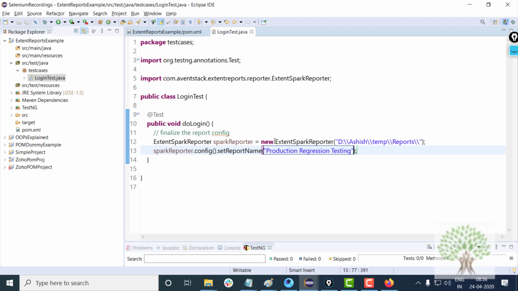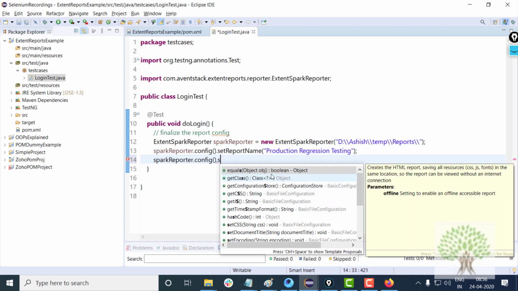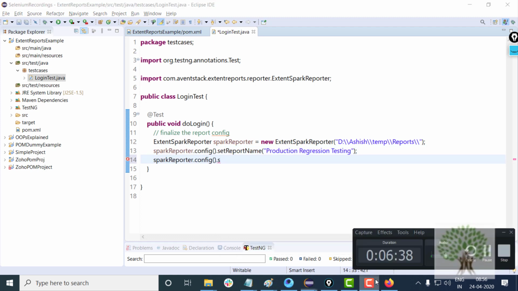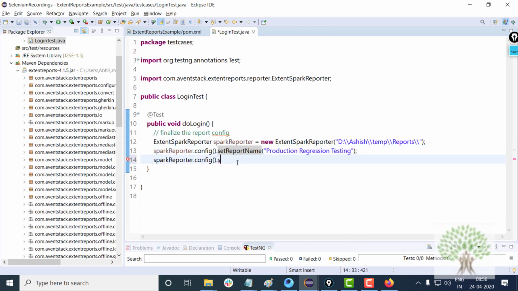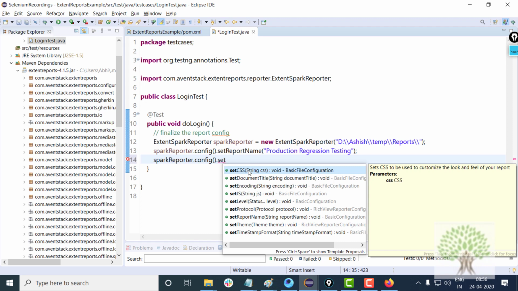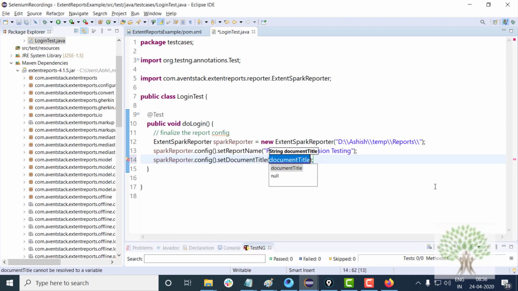Production regression testing. Then you can add different other configurations as well, that is, dot, sorry, dot set the title of the reports. Say automation reports, I'm just giving any name.